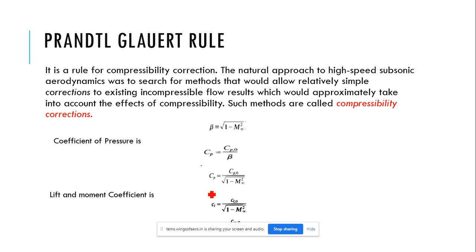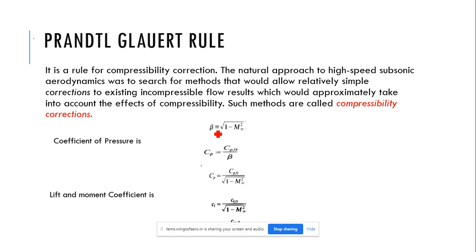Just now I told that compressible flows and incompressible flows have different Cp values, and if the Cp values change, automatically we will have different CL values and different CM values also. The moment coefficients also change because of the difference between incompressible and compressible flows. Here we follow the Prandtl-Glauert rule, due to the compressibility factor,